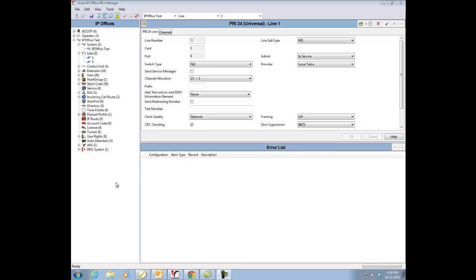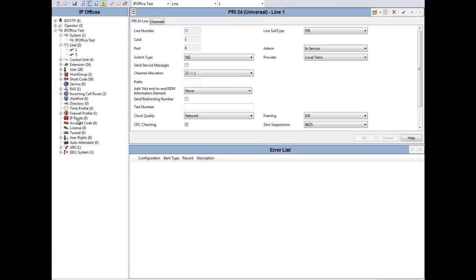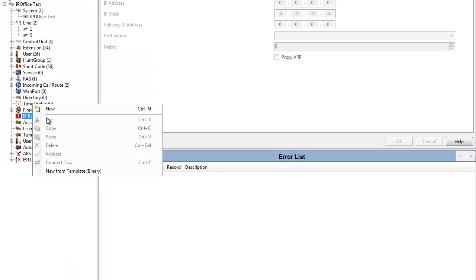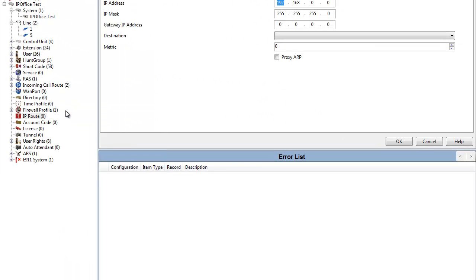Next, you'll need an IP route. You'll need to be able to tell your IP office how to get out to the internet so that it could find the other side. And we do this simply by right-clicking on IP route, go to New. In this case, we're going to make all this